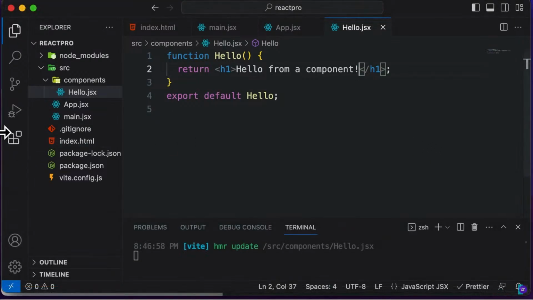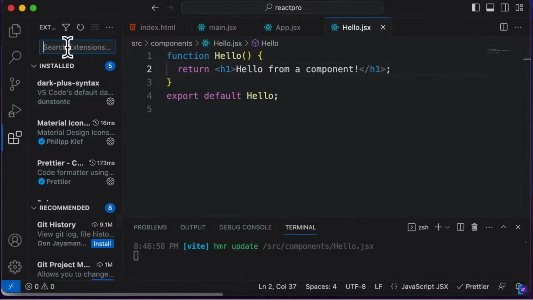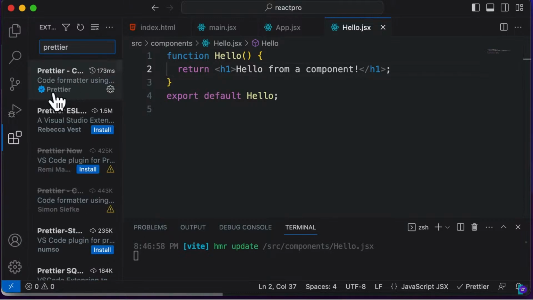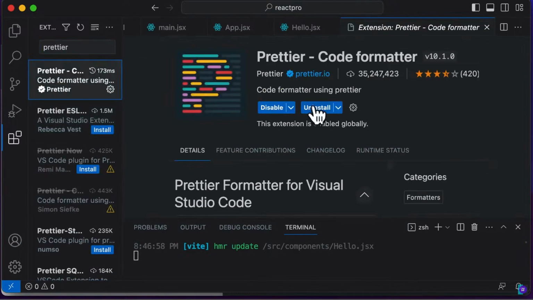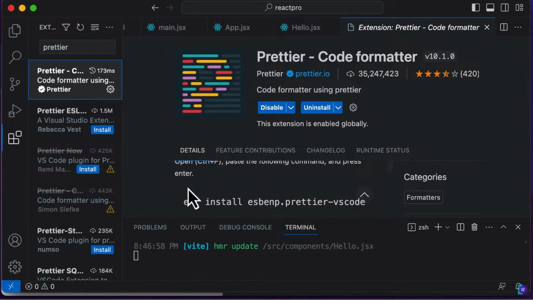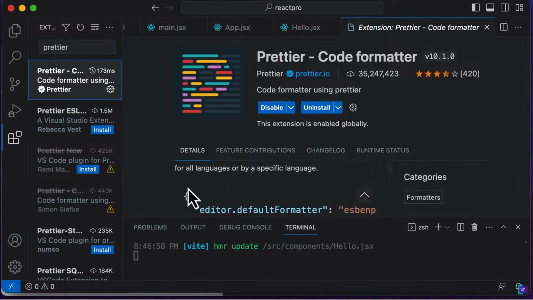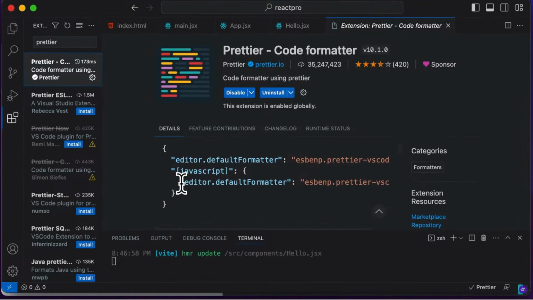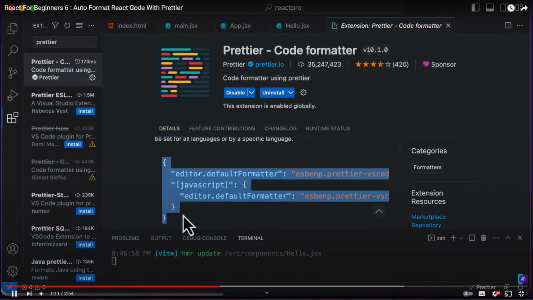So in order to set up Prettier, simply go to the extensions tab here and search for an extension called Prettier and click on the first extension, which is the most popular one which pops up. And over here, you just need to install and enable that extension. And once that particular extension is enabled, you could simply scroll down over here. And here, you just need to copy the code which is given here. So this is the code which you need to include in your settings.json file. So you simply have to copy this code and then you have to go to File,